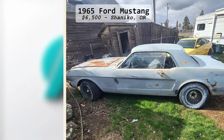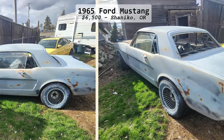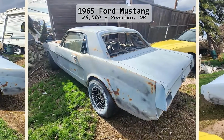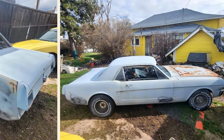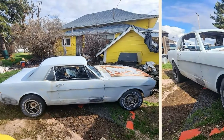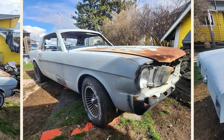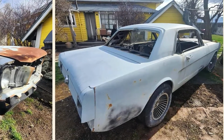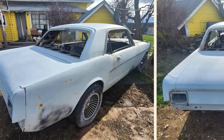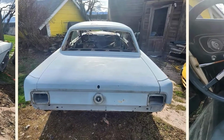Welcome to the Classic Car Showcase. Today, we have a stunning 1965 Ford Mustang available for just $6,500, located in the charming town of Shaniko, Oregon. This iconic coupe is in excellent condition, featuring a powerful 289 V8 engine with 8 cylinders, paired with an automatic transmission. With only 70,000 miles on the odometer, this Mustang is a rare find, boasting a rust-free body and a